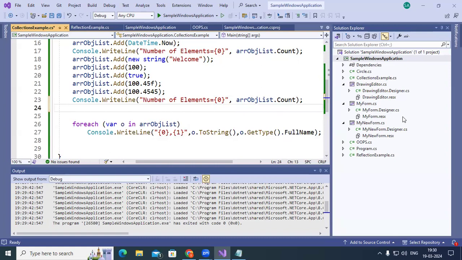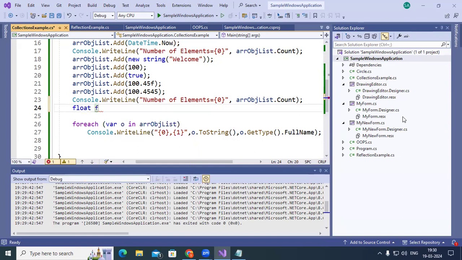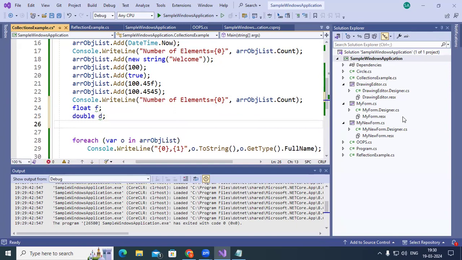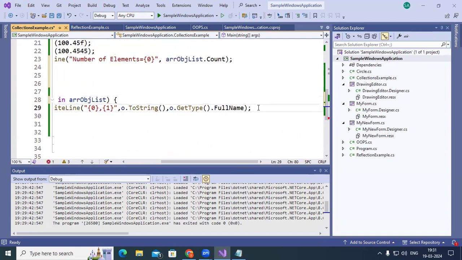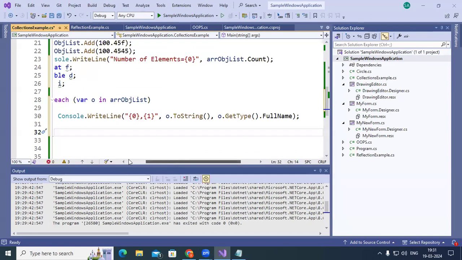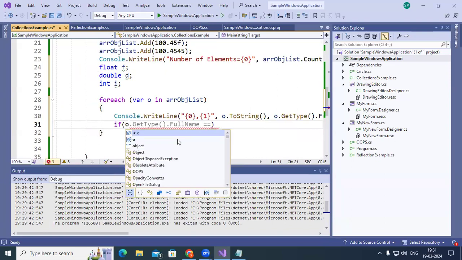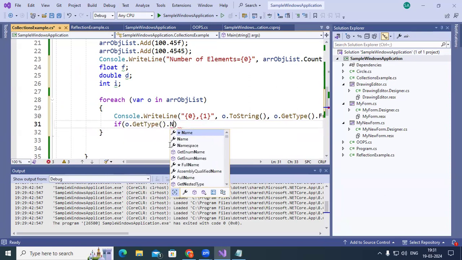Now I declare float F, double D, and int I. Like this, I take. So in this for loop, I want to put one condition. That condition is, I can go with O.GetType().Name